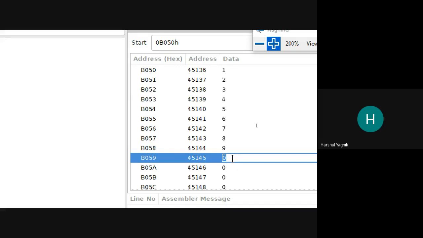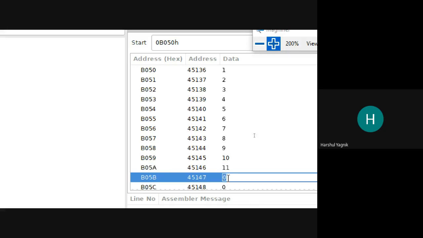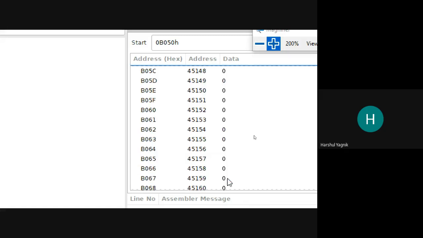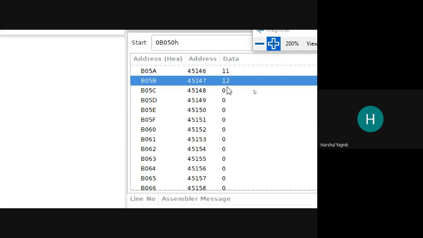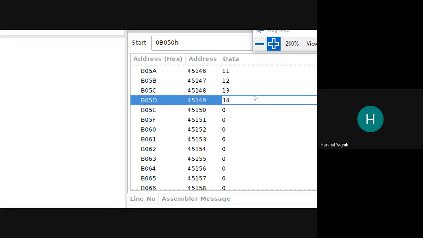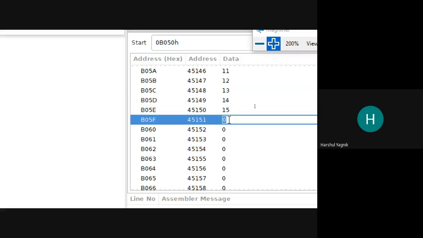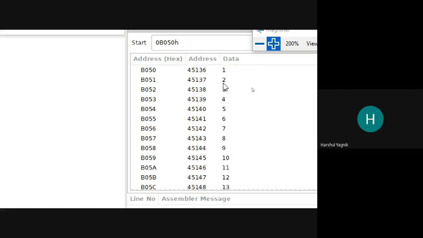This is 0AH, then 0BH. After 9, 11. Decimal also I can write 12, 13, 14, 15, and 16. There are 16 numbers that have to be transferred.